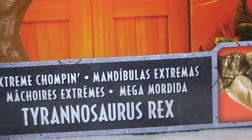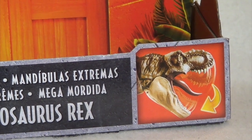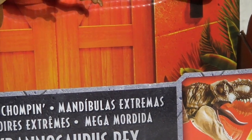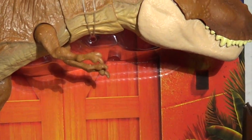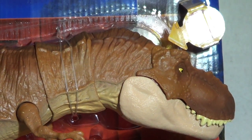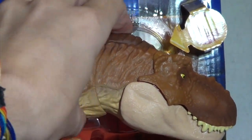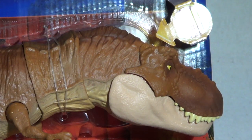Across the bottom, you can see the Extreme Chompin' Tyrannosaurus Rex next to a diagram of the action feature itself, and then the backdrop of the box is the original gates from Jurassic Park lit by the torchlight, and it looks absolutely beautiful. And in the top right corner, I know it's a little washed out, but you've got a push button logo so you can try this action feature out in store, and I know the Gaming Beaver already used that reference there, but I loved it so much I had to include it,